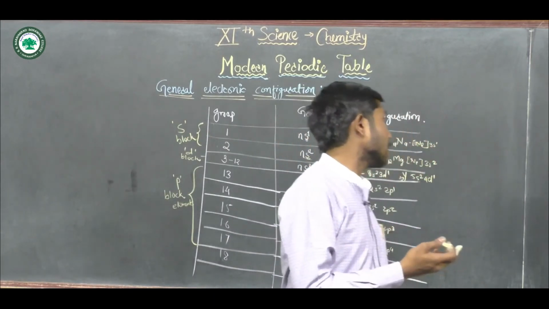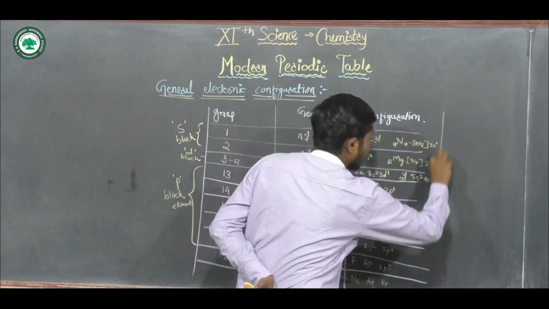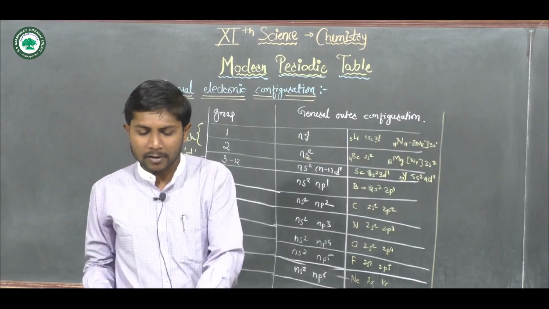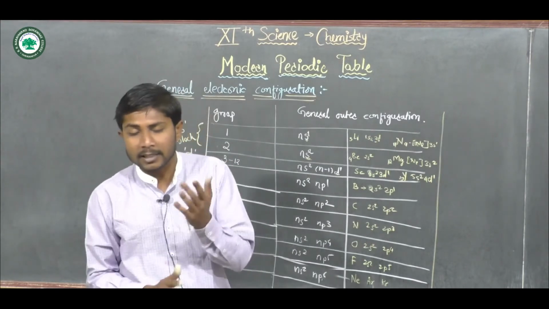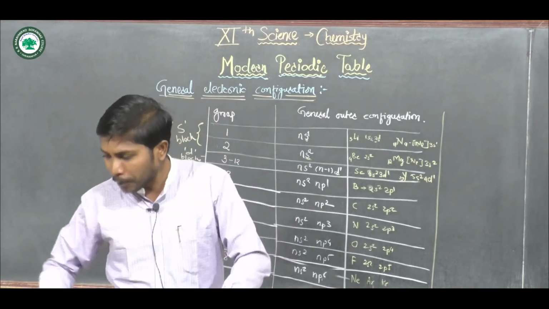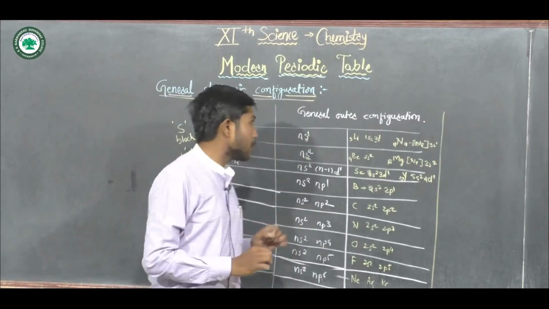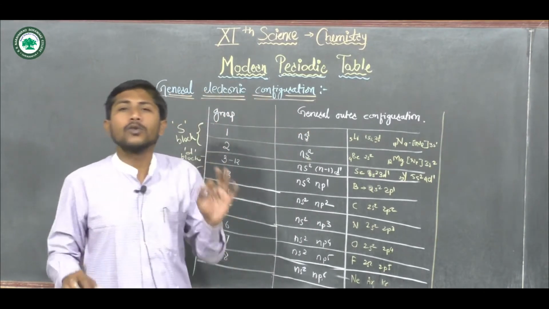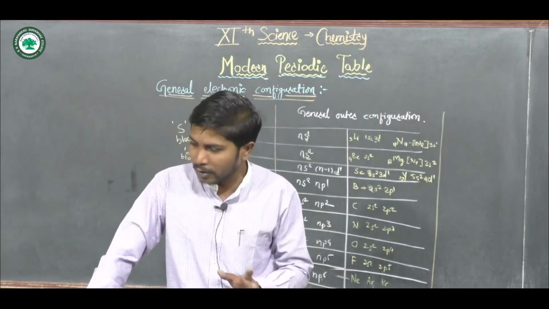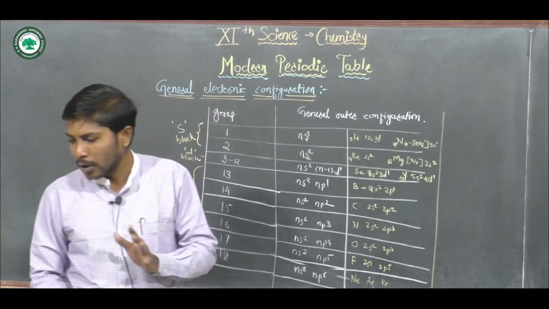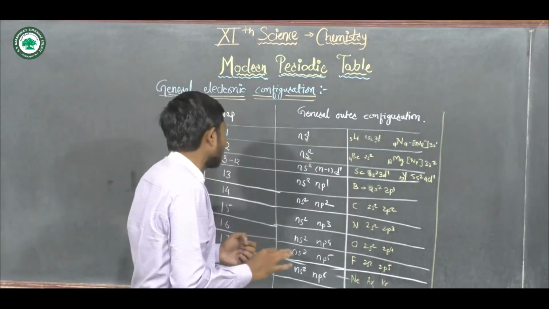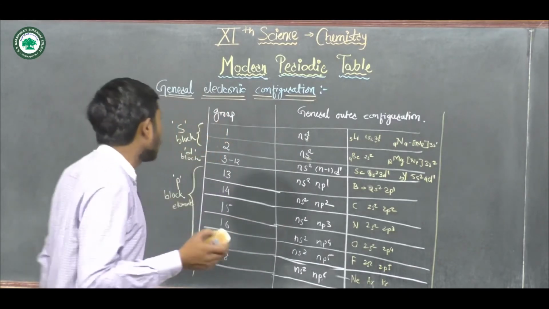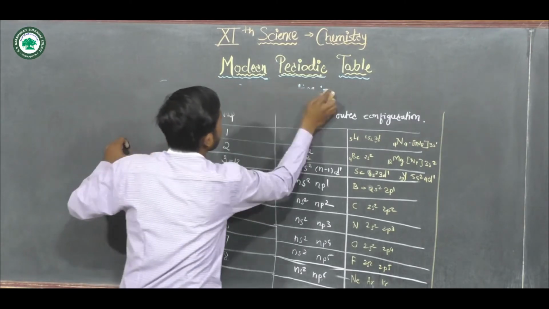That is the periodicity, and that is the main characteristic of the modern periodic table. Okay, if we discuss the general electronic configuration along the blocks one by one, we can see what are the characteristics of all four blocks of the modern periodic table. We just have to remember, along the groups, a new shell is added up, and the general electronic configuration is expected to be same along the same group.